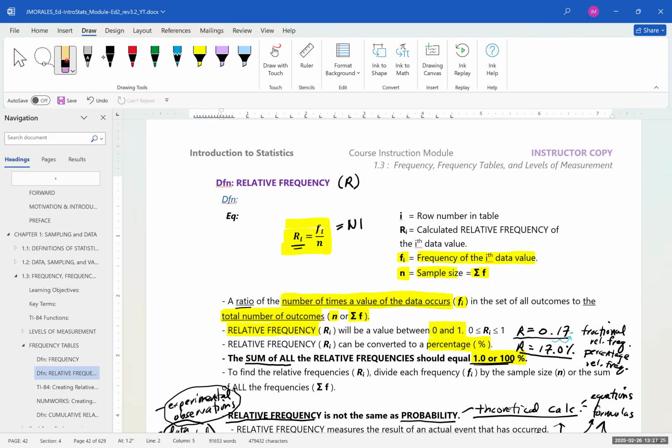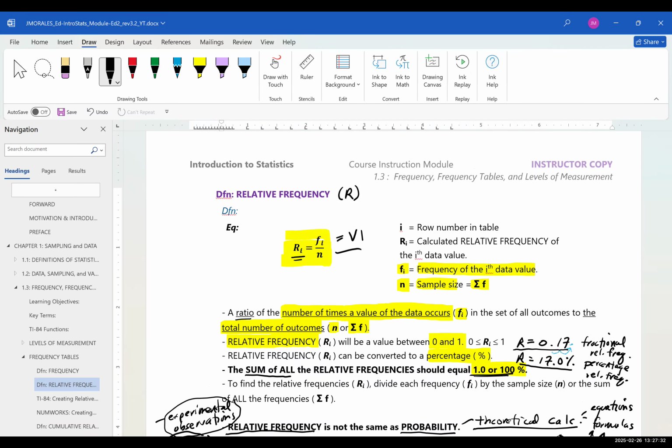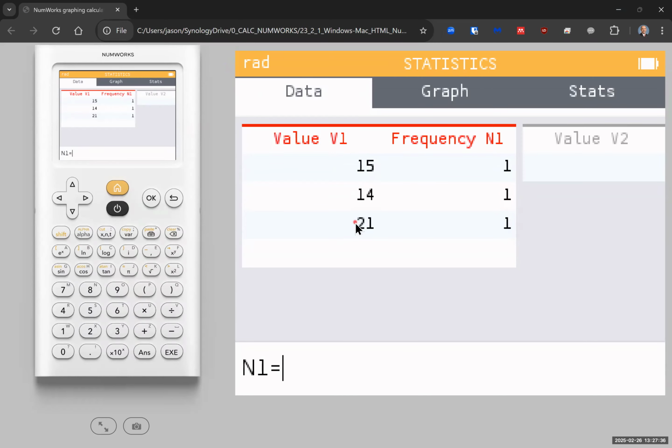Not N1. The frequency is V1. Okay, so let me go back. Here we go. So here's our list of frequencies, and so we want to put V1 in there. So how do we type V1? Well,